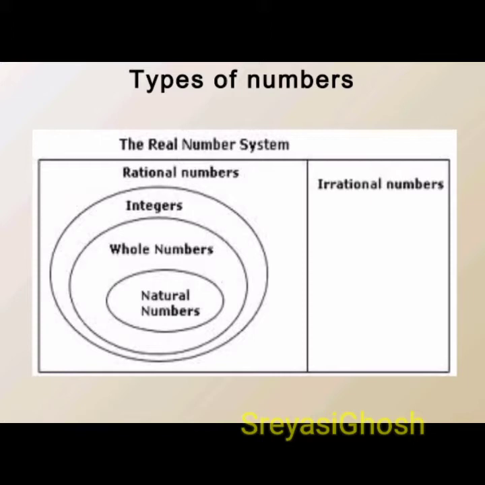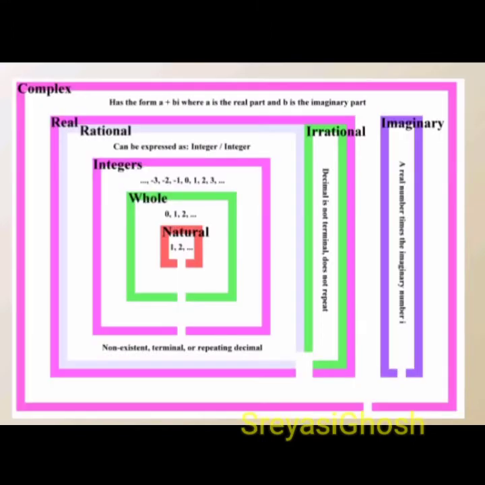And under whole numbers, we start from 1, leaving out 0. We have the set of natural numbers. Again, this particular PPT describes the set of complex numbers as the superset of real as well as the imaginary, right? Real we have already discussed. The imaginary part falls under complex. So the complex becomes the actual superset of all the numbers.